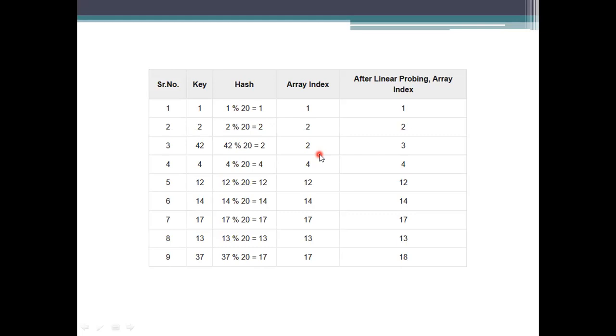We need to go for the processing of that array index. That means performing the hash function, considering the mod of the data space you are using. If you get the same value as the previous one, or as any element we have, we need to go for the next value in a linear way. We are not taking random positions; we go linearly. And if all the positions, or the next cells, are occupied, we go for the very next cell which is empty.